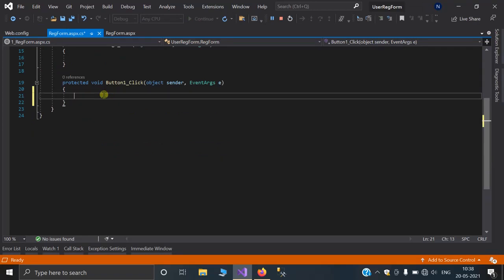I will use C# code here, and you will get the VB.NET code also in the PDF file.